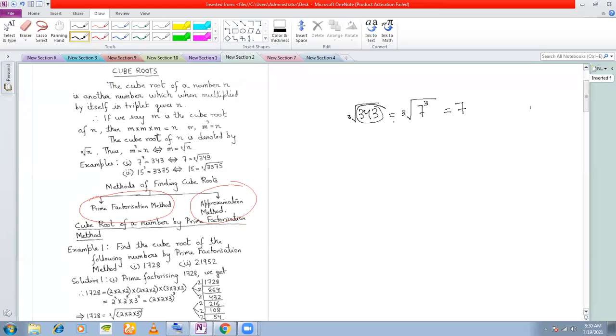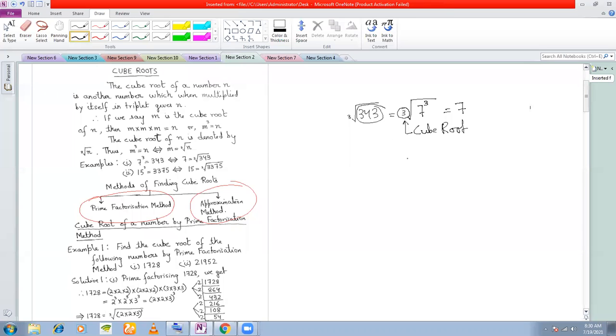Sir, before the root you have given us 3. What does it express? This small 3 means cube root. So as we learned the square roots, do we have to learn all the cube roots also? No, you don't have to learn the cube roots. But cube numbers you have to remember.